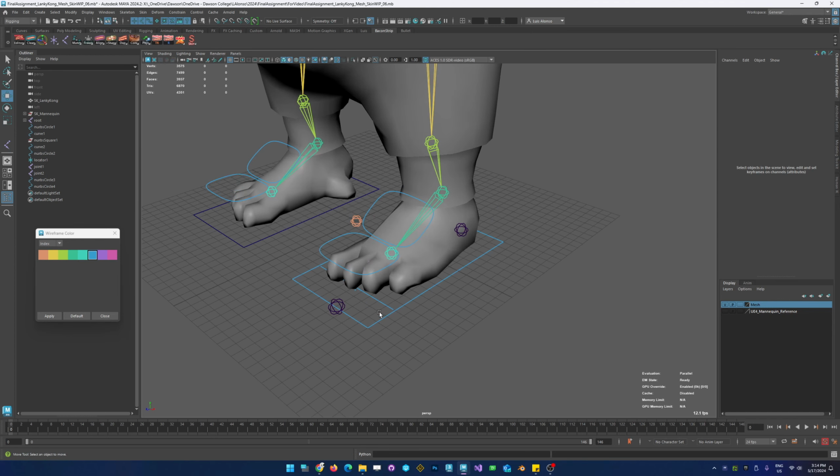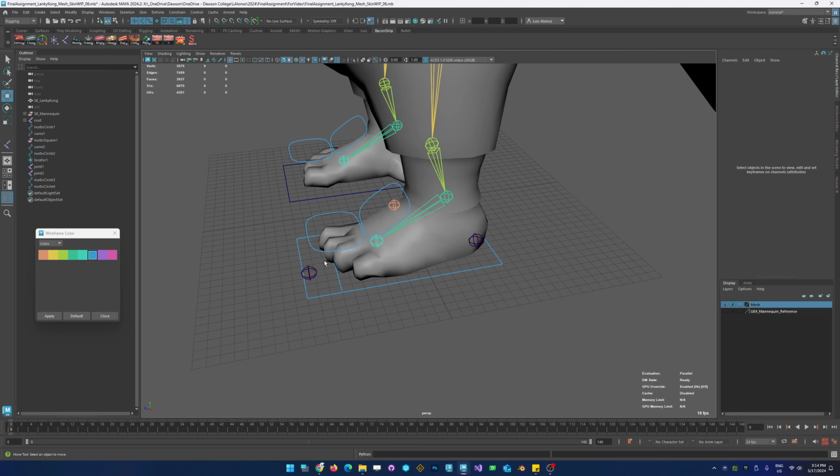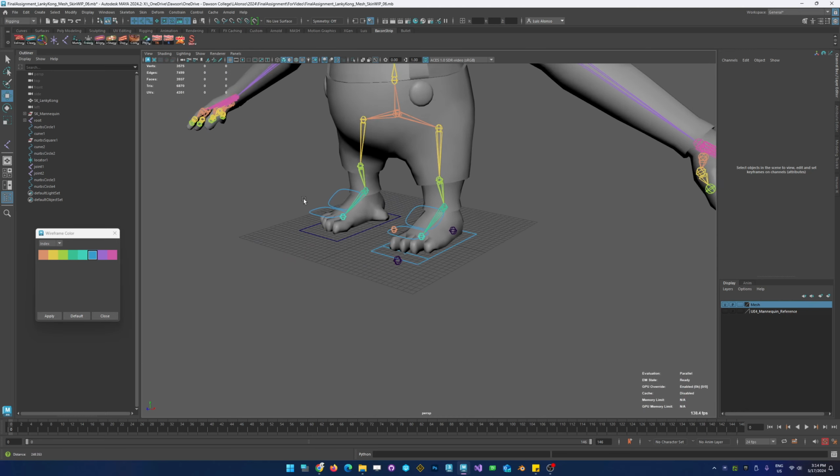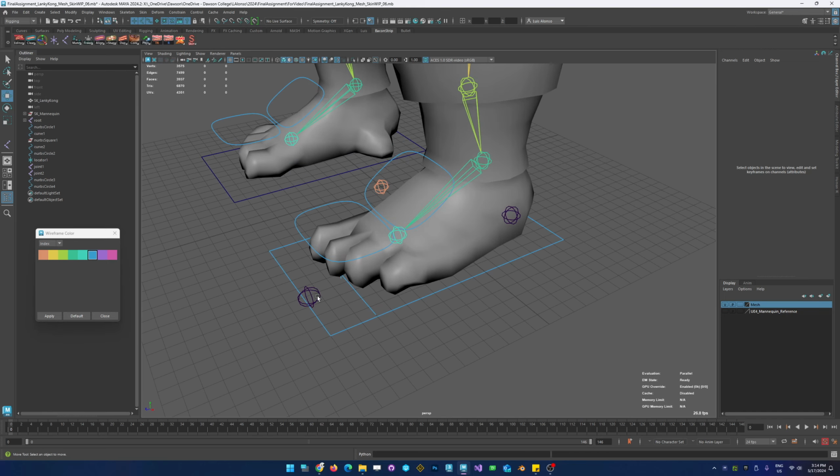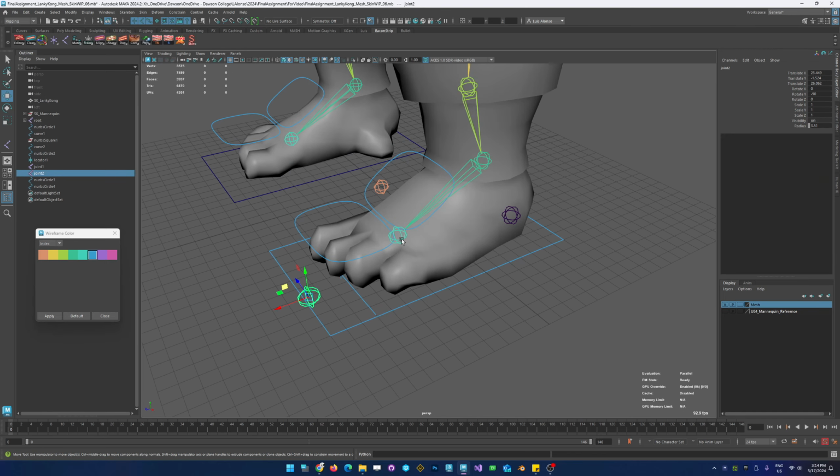And then we're going to rename a few things and place a few things in the right place. Sorry about that. The Lanky Kong's arms are so big that they interfere with the feet when I spin around. So hopefully this won't be too much of a pain. So if I grab these two and I match it so that it's